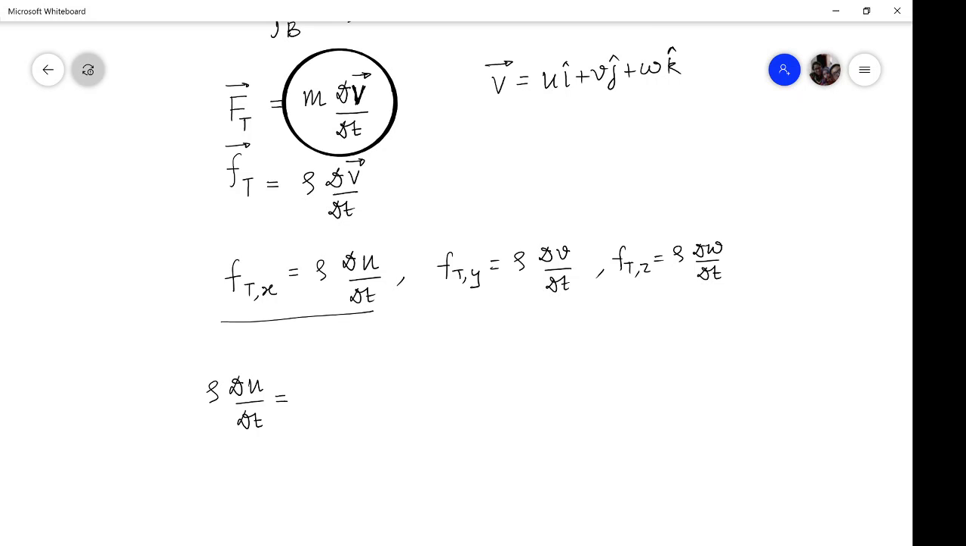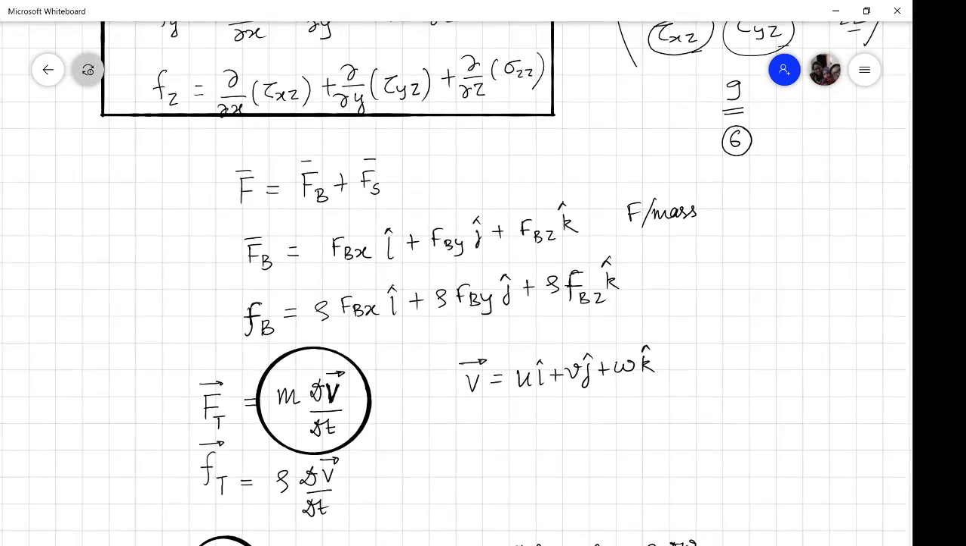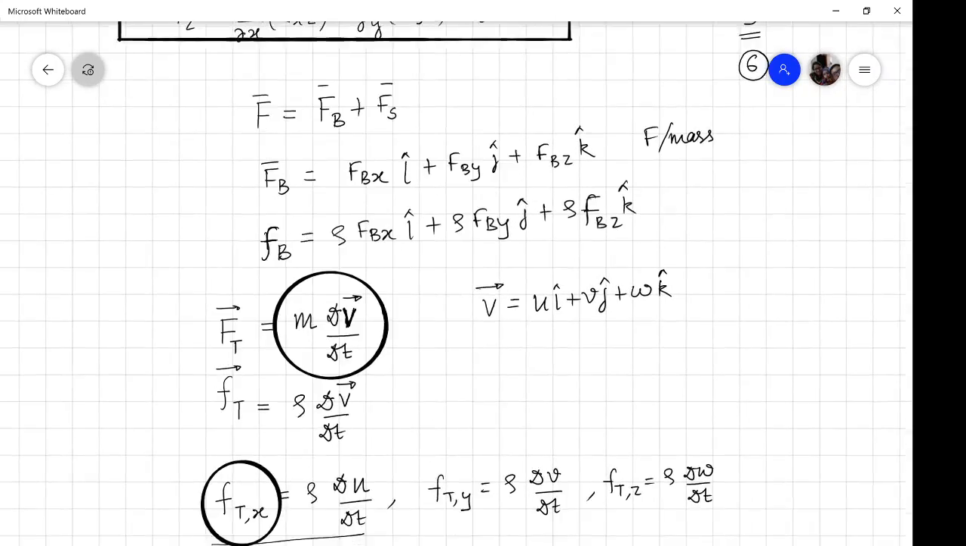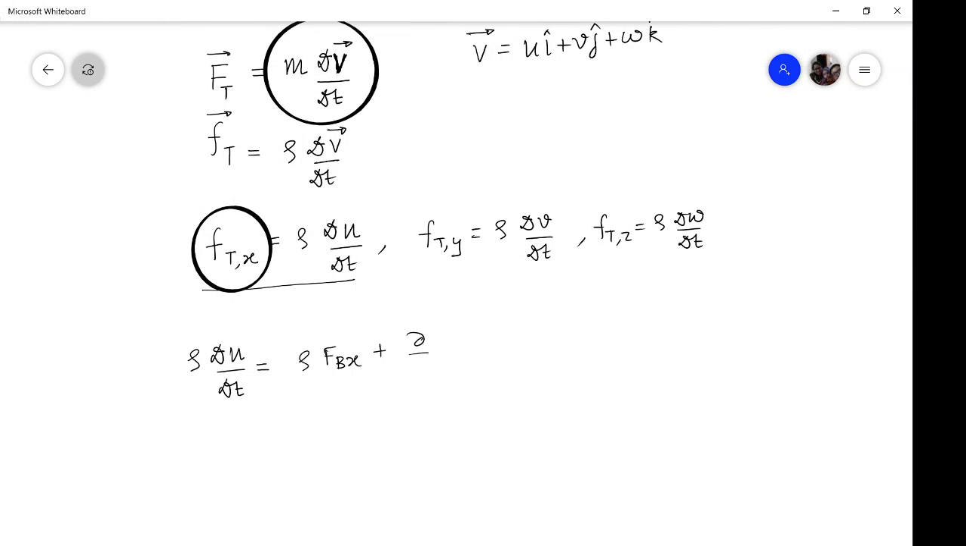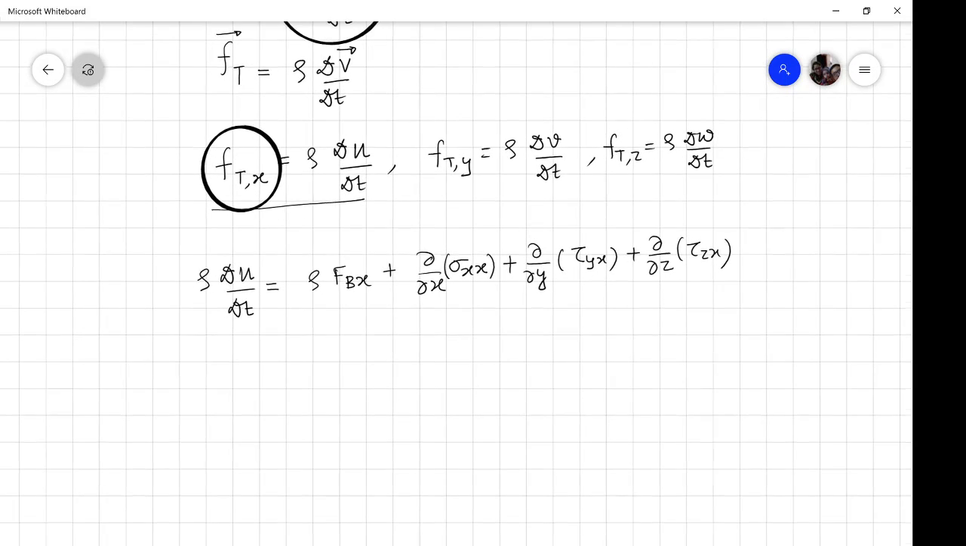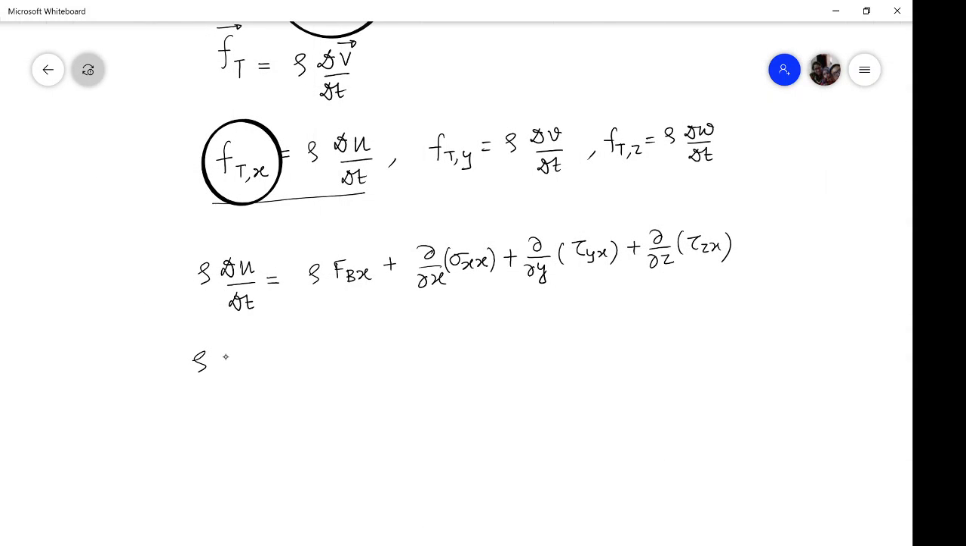And then on the right side, there's total force. So body force plus surface force. So body force, it is rho FBX, and the surface force which you have already developed here. So this will be del by del x sigma xx plus del by del y tau yx plus del by del z tau zx. So this is the momentum equation or the force equation in the x direction. Likewise in the y direction,